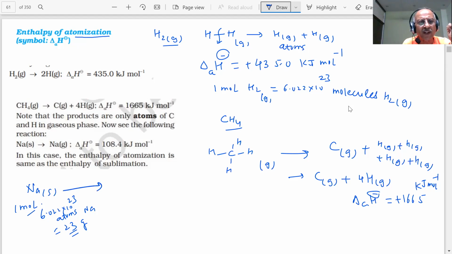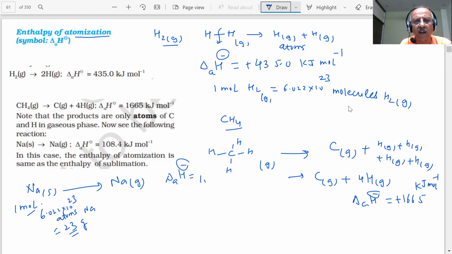Now, if you want to convert it into gas, student, you have to supply energy. That is also called enthalpy of atomization. And how much heat is required, student, for 1 mole of solid sodium to 1 mole of sodium gas? So solid to gas means in the solid, the particles are attracted by strong interactive forces. And when they come to gas, what happens? The particles are separated. Is it true? Right? So this is also called enthalpy of sublimation or enthalpy of atomization.